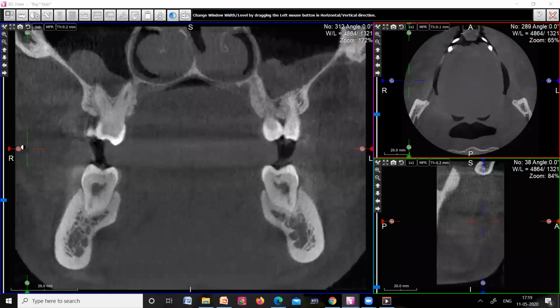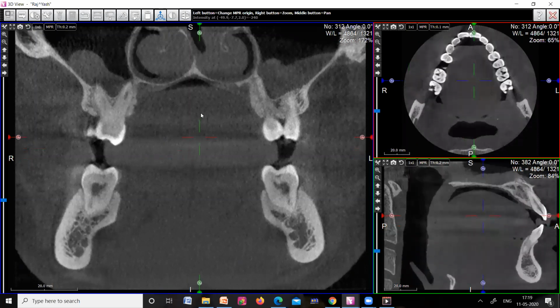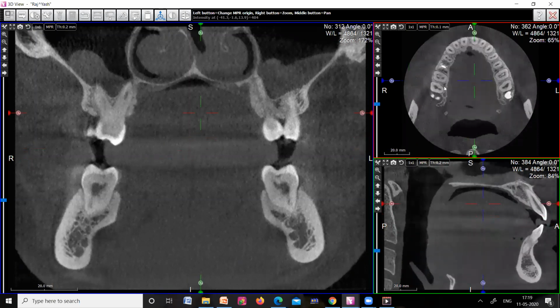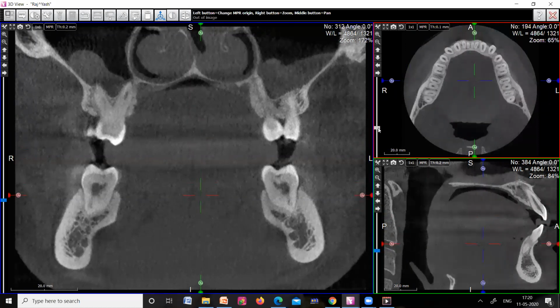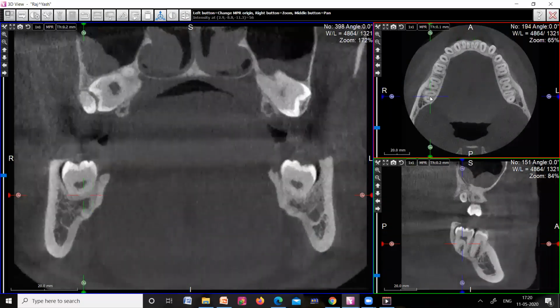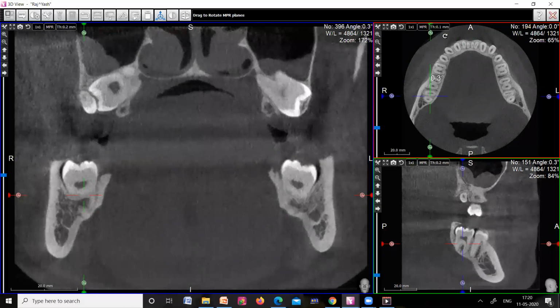So over here we can see these are the three sections which are present. One is the coronal view, which I told you will be viewing from the front. This is an axial view, which we are seeing from the top, and this is a sagittal, which means we are viewing from the sides. Now, since we are just looking for the third molars, I will directly go to the axial view and try to locate my third molar. Okay, so this is my first, second, and third molar. So I will go over here and make my axis parallel.